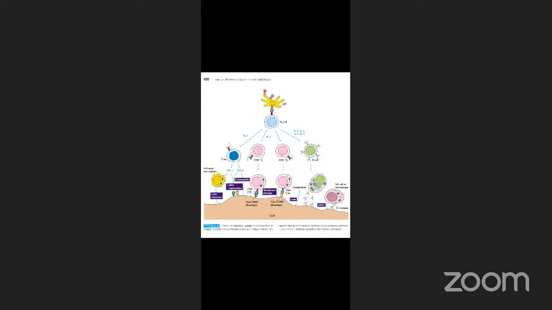For example, whenever our B cell gets activated, it undergoes proliferation. One is the memory cell, another is the plasma cell, and the plasma cell will release antibodies. These antibodies go and bind with the graft tissue surface molecules, that is, antigens,